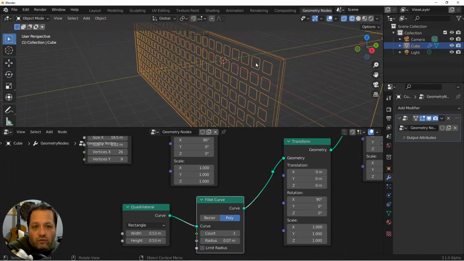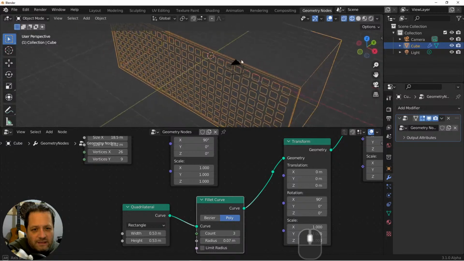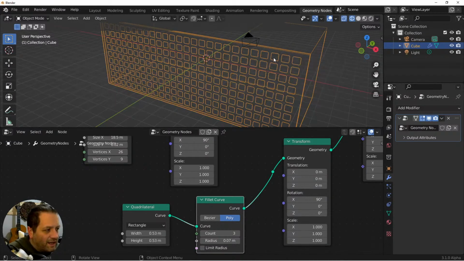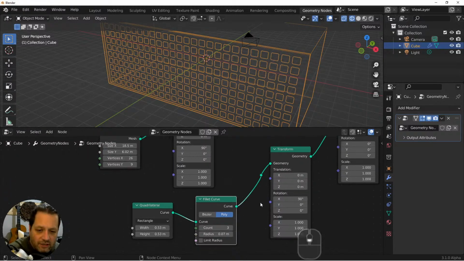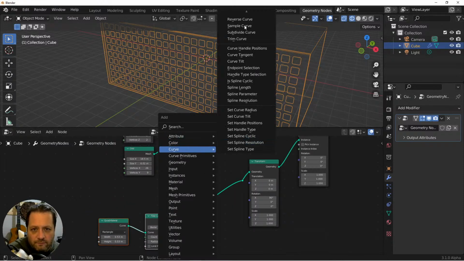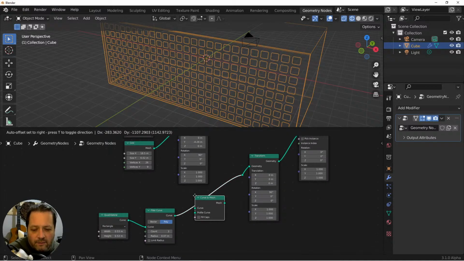So we've got this grid of our rounded squares, and it's placed in the middle of the front facade of our building. We're not going to be able to use this as a cutout because these don't have any thickness yet. So how do we give a curve thickness? The easiest way to do that is to use the curve to mesh node. So if I come in here and do curve to mesh, and I drop that here,